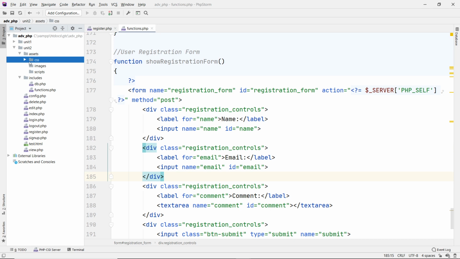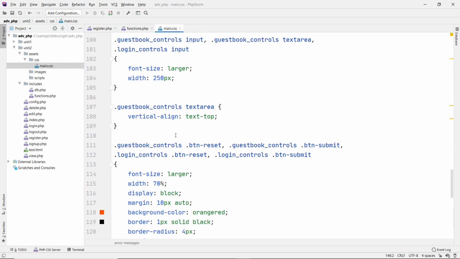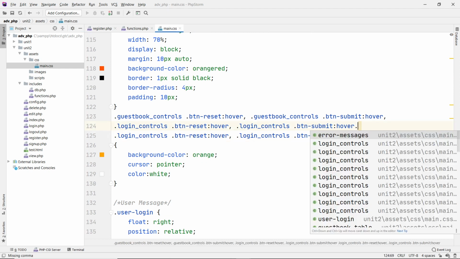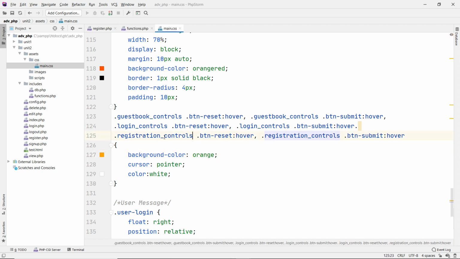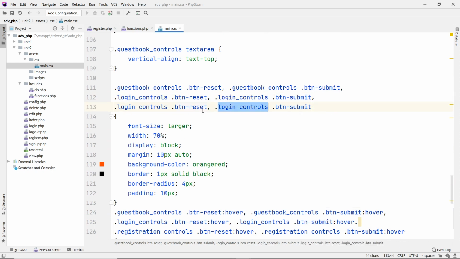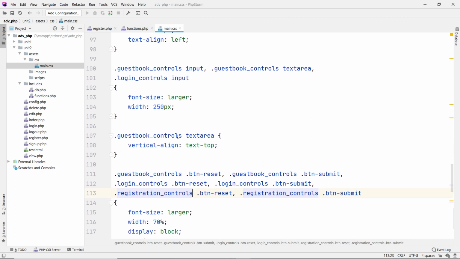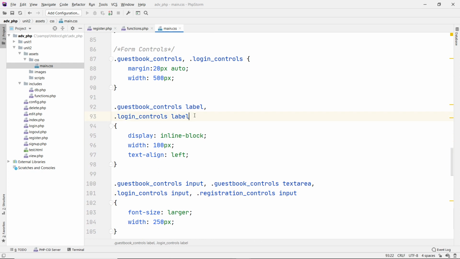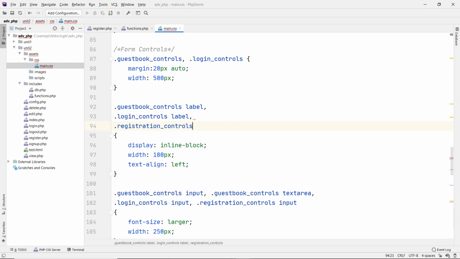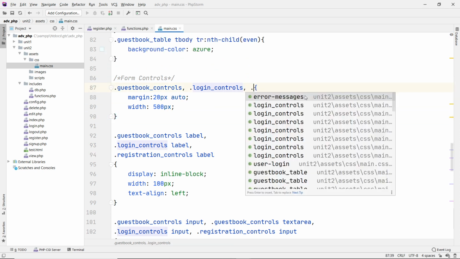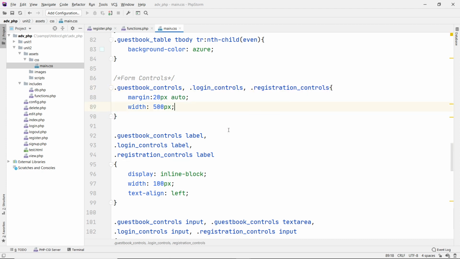and change that right away before I forget. So here we have all these right here, the controls. So I'm going to duplicate that line, and then I'm going to come out here, and this will be registration controls. And then same thing here as well. Control D to duplicate the line, replace these two with registration controls. I don't have a text area. The input I do need. So I put that and then input. Let's see, I also need the labels. So here, I just put label. And I think that's all I need for that one. Well, here too maybe. Dot registration form controls. Okay, so those are all the same. They all share the same